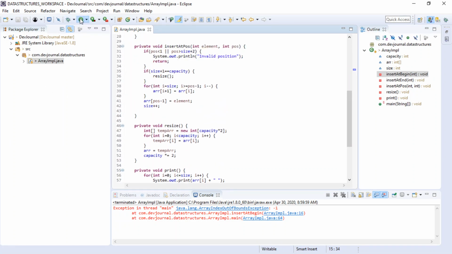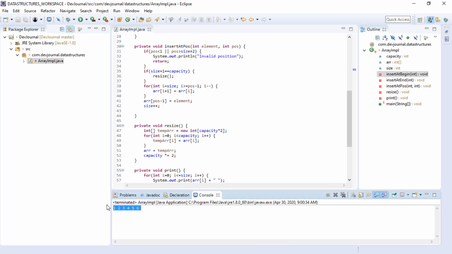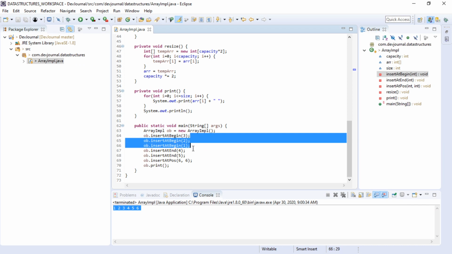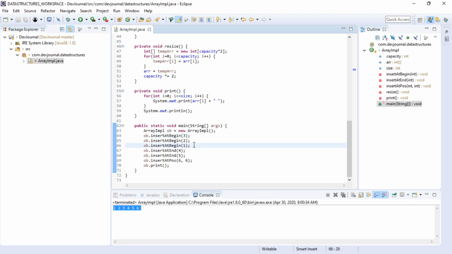Yeah, let's run this. So, our expected array is 1 2 3 4 5 6. First we inserted 3 2 1, and then we inserted 4 and 5 at the end, and 6 at the 6th position. Okay,